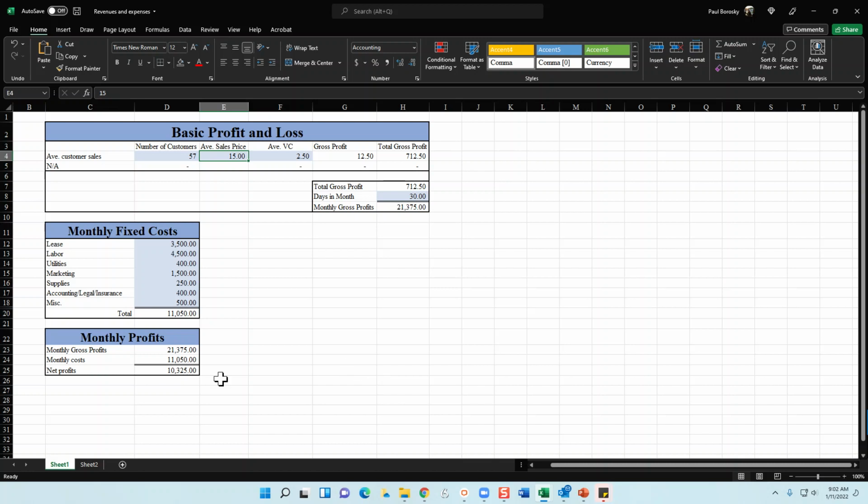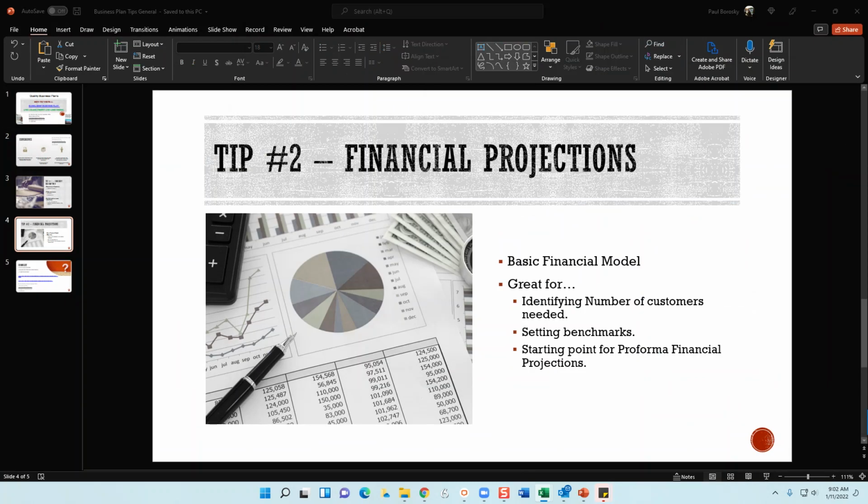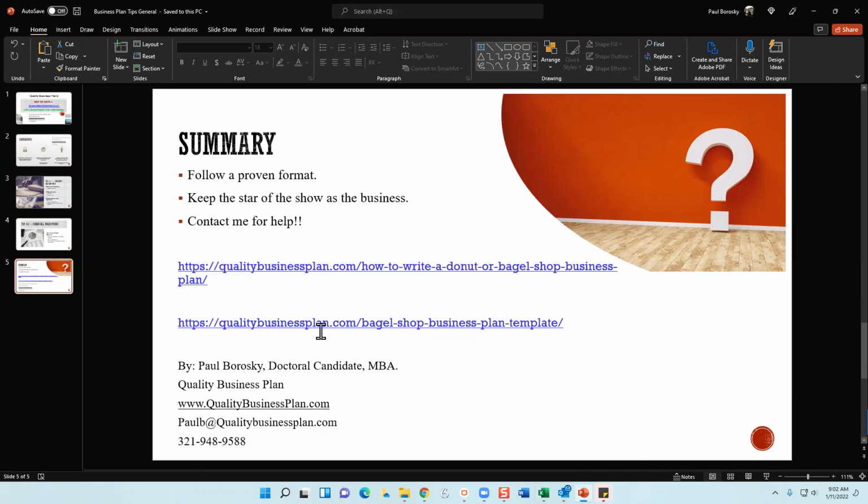Also, now that we have identified what our net profits are going to be, we can take this information, put it into a financial model, and expand upon that to give us our annual profits, our annual revenues, our annual costs, and so on. So it's a great little model, not only for operational purposes, but also for expanding upon for business plan purposes as well. All right, so with that said, just to provide you with a real quick summary,